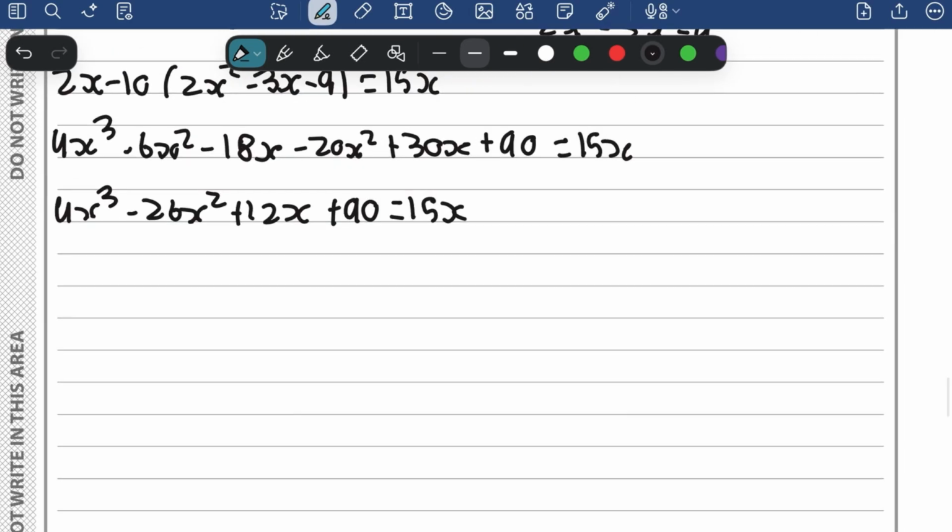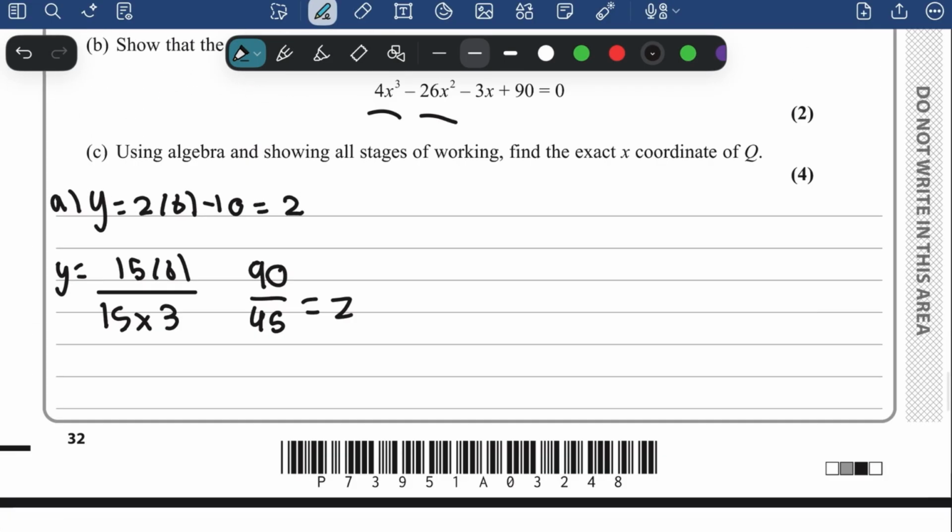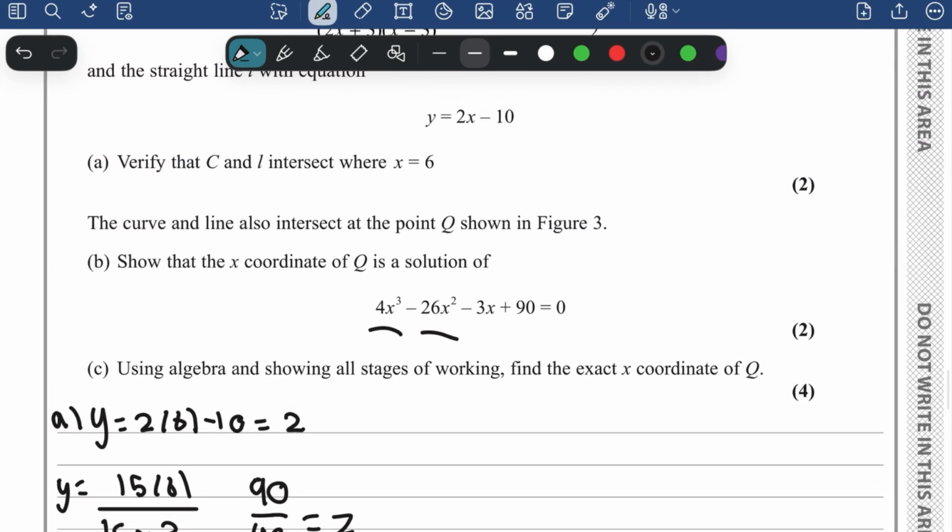And then minus 15x from both sides, we get 4x cubed minus 26x squared minus 3x add 90 equal 0. Now, the question says using algebra and show all stages of working, find the exact x coordinate of